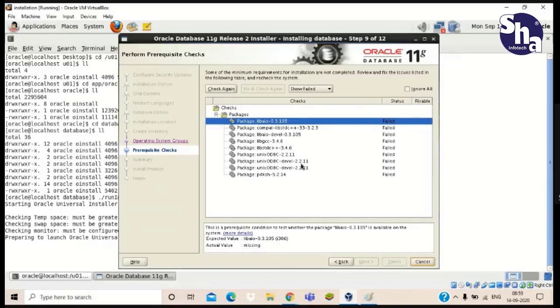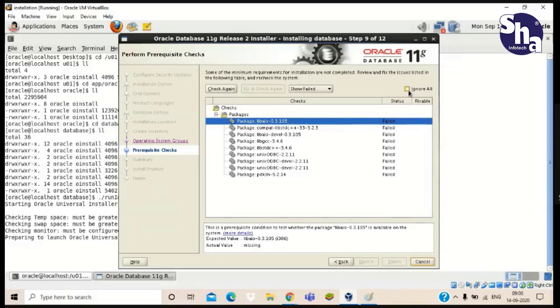There will be a little bit of packages which got failed. But if we do not run it, then there is a sum of packages which got failed. Okay, so we don't have to worry about it.